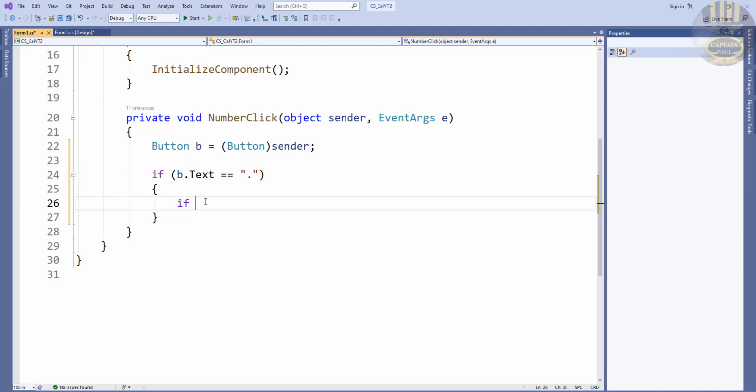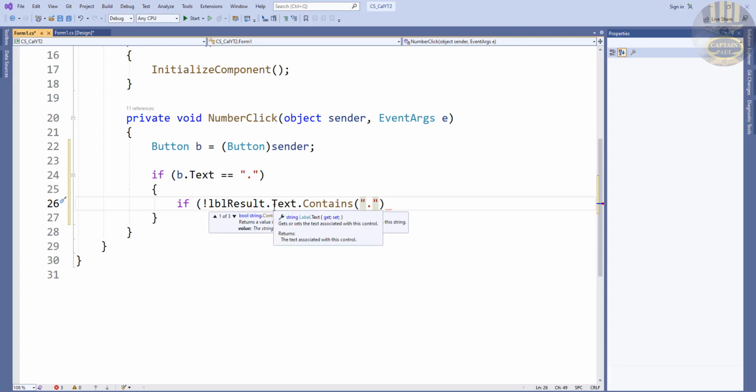If it is not lblResult.text dot contains the decimal,